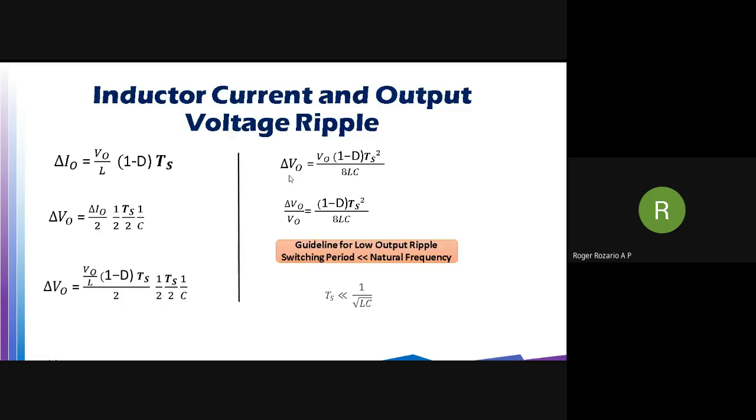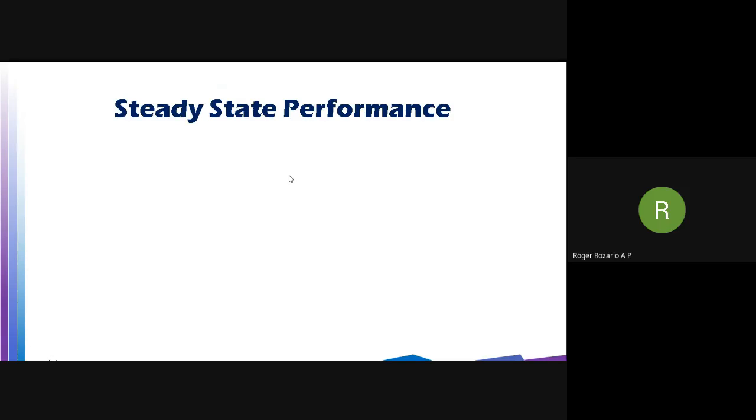So with this, we have considered all the non-idealities and derived expressions for the forward voltage conversion ratio, the reverse current conversion ratio, the ripple content in the current and the ripple content in the voltage. Hope all the non-idealities are clear. Just to sum it up, let us see how we found out the steady state performance quantities.